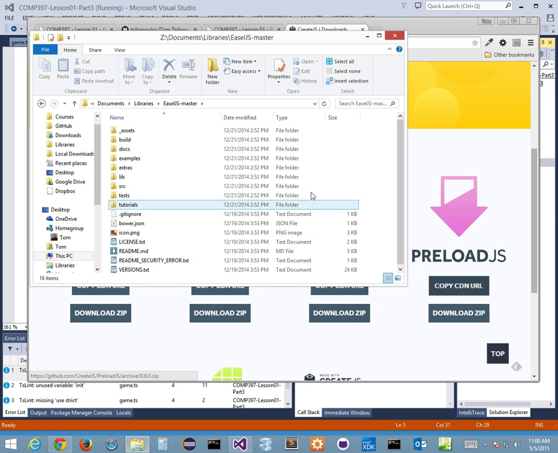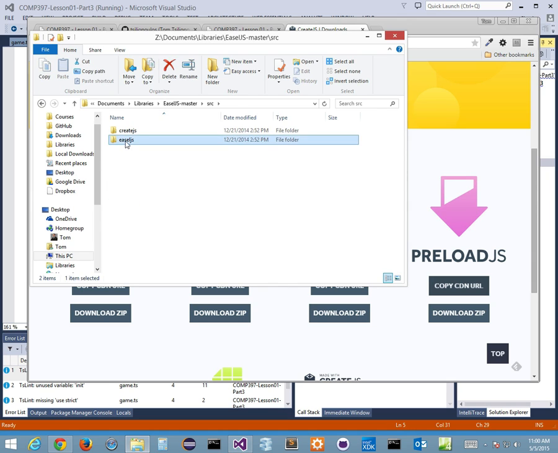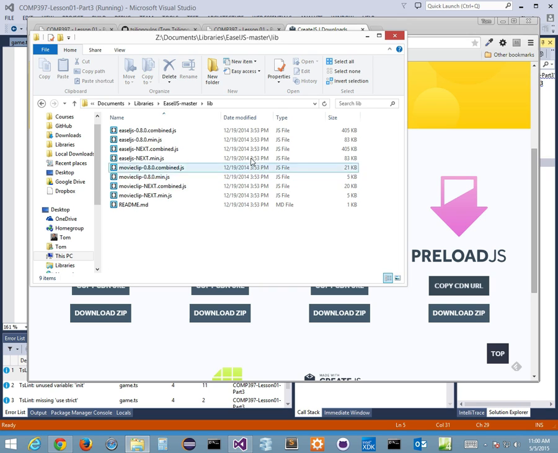Here's all the zips, right? So if I download them, inside you have to look at different objects here. If I keep going through, let's go down to lib. If I go to the lib folder of Easel.js master, if you notice, there's a bunch of different libraries in here. You should have almost exactly what I have. If you notice, there is the minified version, right? There is the combined version. There is the next version and the next combined version, right? There's also other things in here, right? All I'm asking you to download is this Easel, or grab this